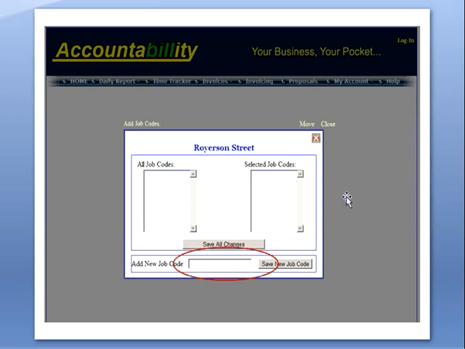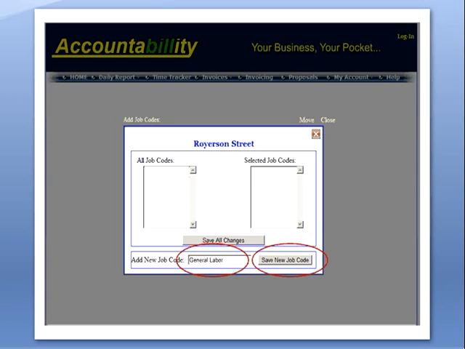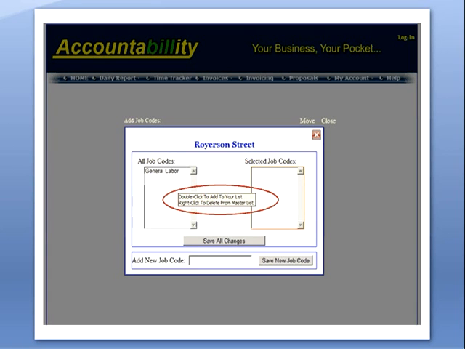You'll type in the name of your job code there, and these job codes that you type in could be anything from framing to general labor to general conditions, interior trim, exterior trim, roofing, siding, plumbing, masonry, whatever you need. And so you add them in, and then you save the new job codes by clicking on the button. And once you've done that, you will see that whatever you entered jumped up and is entered into the all